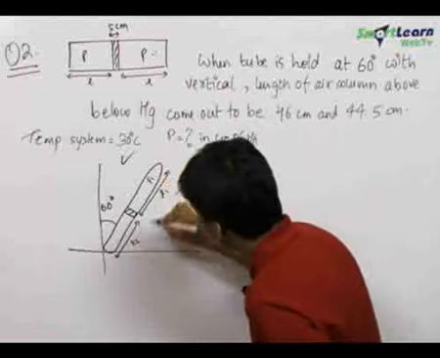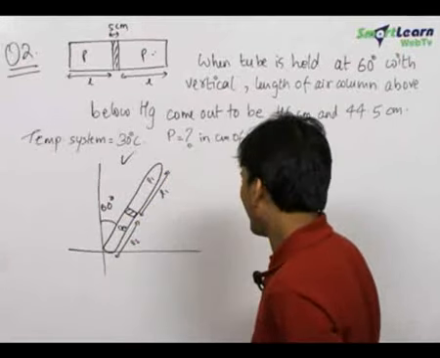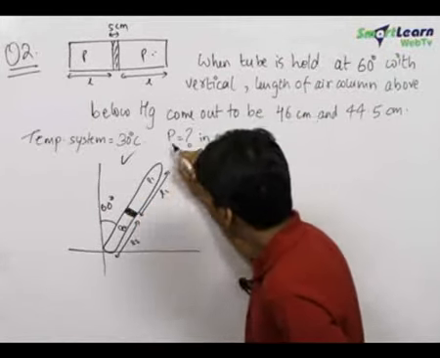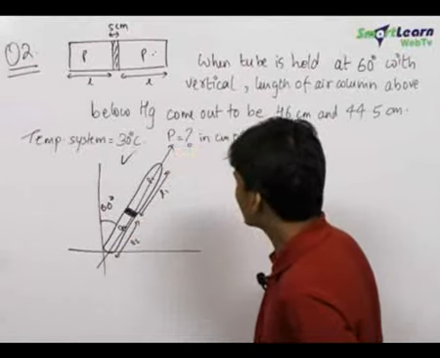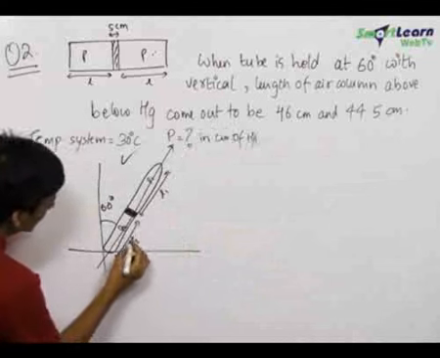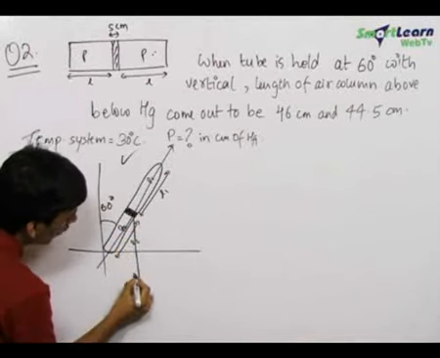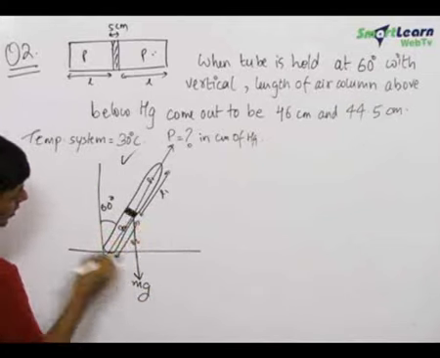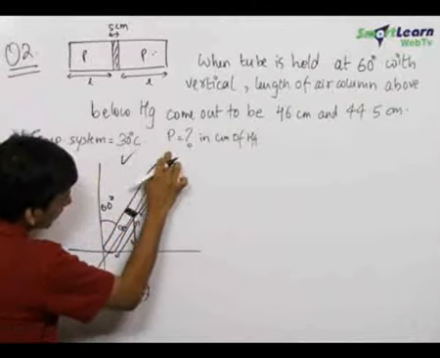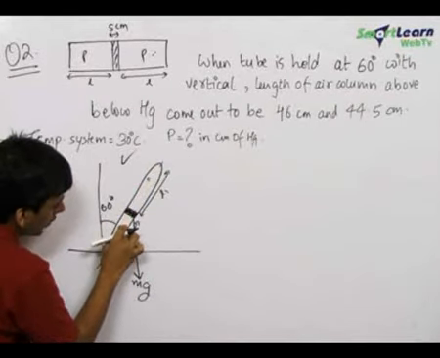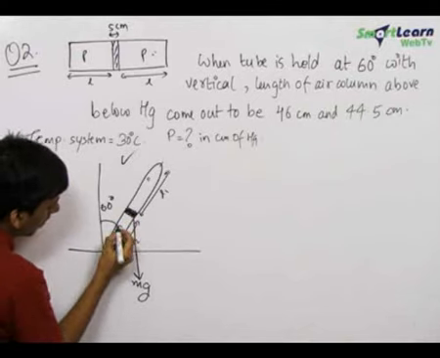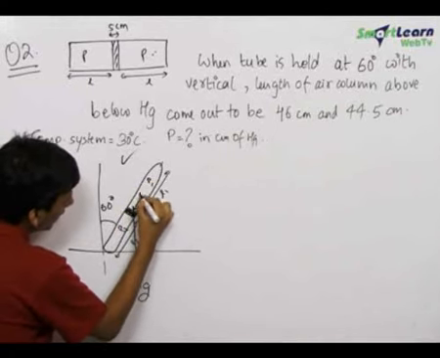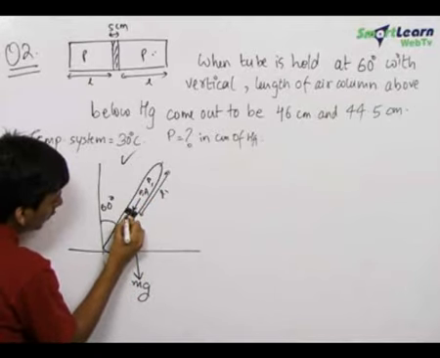Now let the pressure here be P1 and the pressure here be P2, and let us apply Newton's law on this column of mercury in this direction. Therefore, while applying the equation in this direction, let us draw all the forces first. Whenever you are applying Newton's law, be careful that you draw all the forces. So there is an mg acting on this column of mercury in the vertical direction. A force equal to P1 into A acts in this direction,